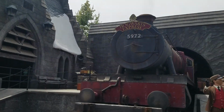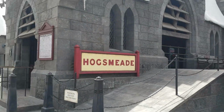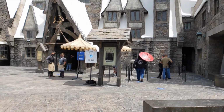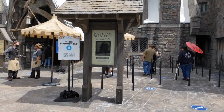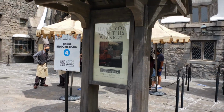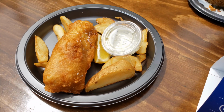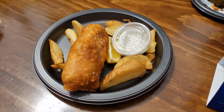So we started our day off at Hogsmeade. We were excited about the Wizarding World, so we headed there, and we went to the Three Broomsticks, which had items you could use your vouchers for. We got 3 things there because we do like their food: the shepherd's pie, fish and chips, sticky toffee pudding,